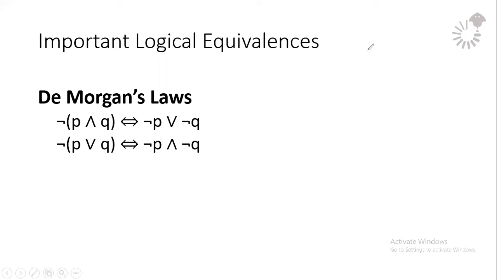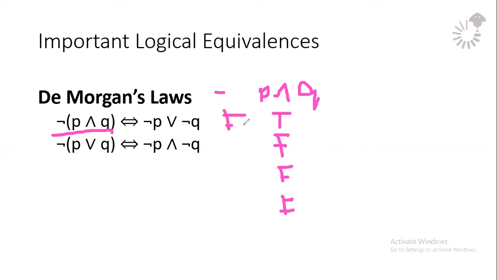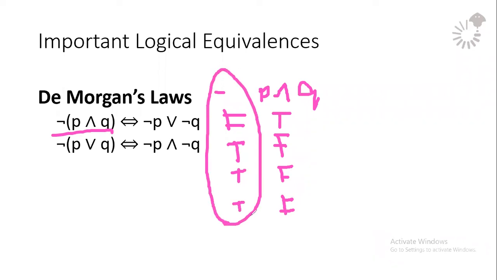Let us check or prove this one. For this one, P and Q. So, P and Q, ang answers dyan ay true, false. Shortcut ko na ha, pero alam nyo na yung truth table. True, false, false. Tapos, pag i-negative pa natin, that would be false, true, true, true. That is the answer for the statement 1.